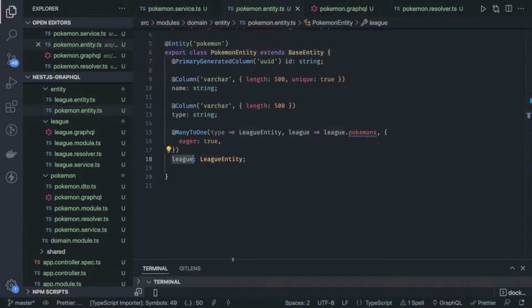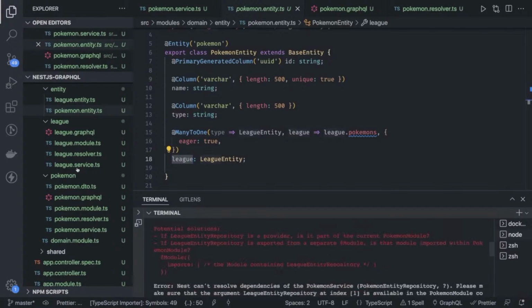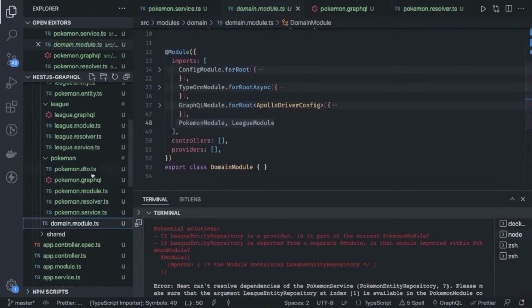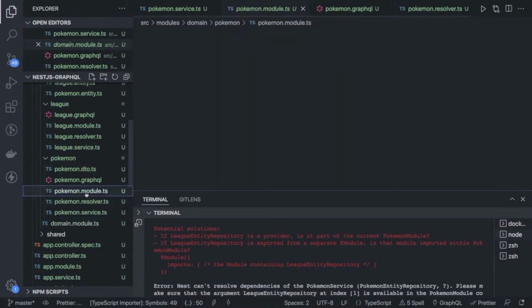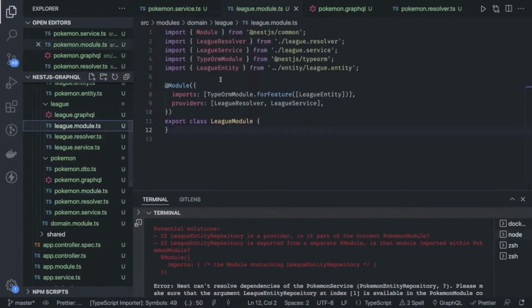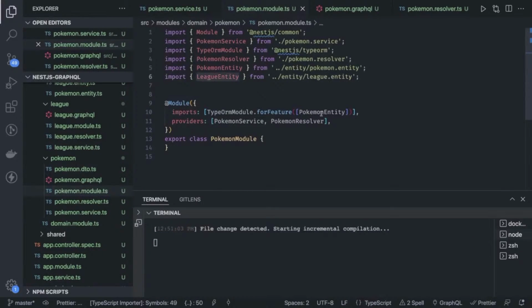Okay, another important part we have is the eager fetch. There is a many to one relationship between Pokemon and league, and to fetch the data, whenever we do a dot find, it is automatically going to fetch the data because we are doing the eager fetch. And here we can see we are getting this error because we are not passing the other entity for the Pokemon module. So what we will do is copy the league entity inside the Pokemon module, and pass that inside TypeORM module forFeature, so that this league entity is identified in the Pokemon module